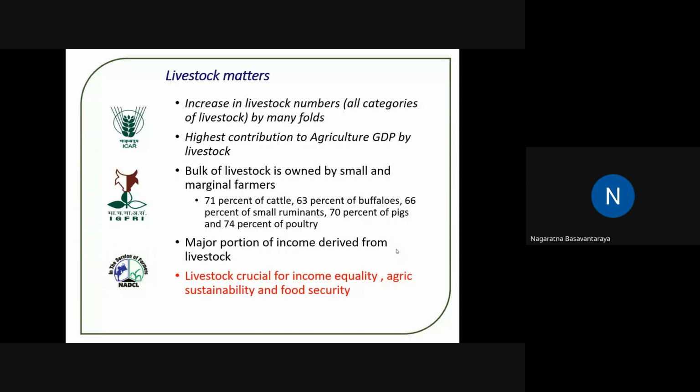So to have equity, we need to have profitable livestock husbandry in the country. The third thing is that when we are talking about the sustainability of agriculture in the country, livestock plays a very important role. And you all know, being the agricultural fraternity, how important it is to add farm manure to the soils in the present situation. So for agricultural sustainability and also to